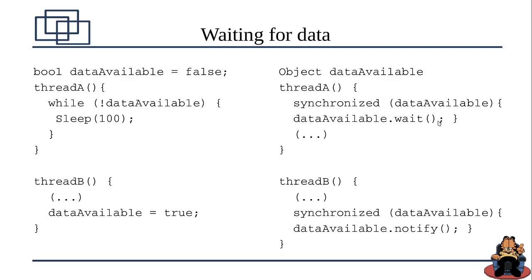This causes the thread to go to sleep, and in thread B you simply need to invoke the notify method. So in this approach you do not have an active waiting loop. The operating system will handle